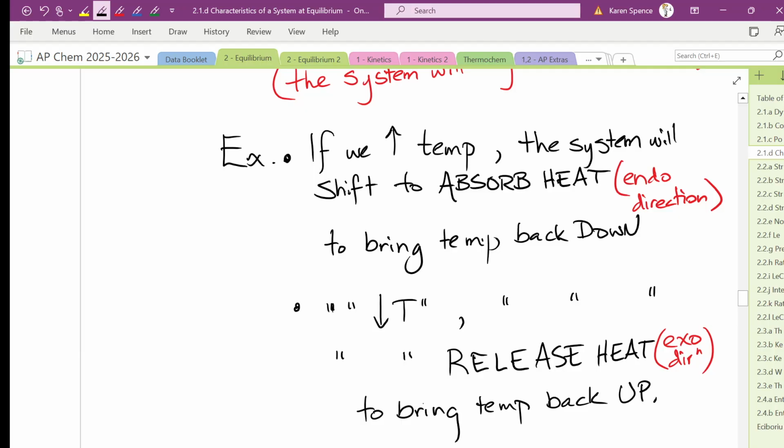Okay. And the same thing is going to happen when we increase a concentration of something. If we increase a concentration, the system is going to shift to use up that thing. So if I add a reactant, it's going to shift towards the products. If I add a product, it's going to shift towards the reactants. If I remove a product, it's going to shift towards the products to make more of whatever I took away. That is what LeChatelier's principle tells us, but in the end, it all comes back to really being about the rates.